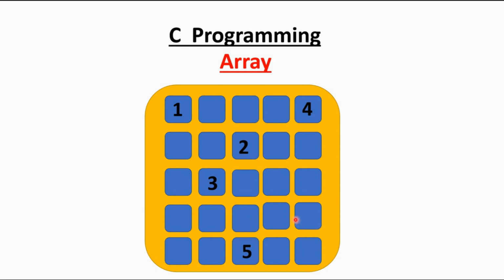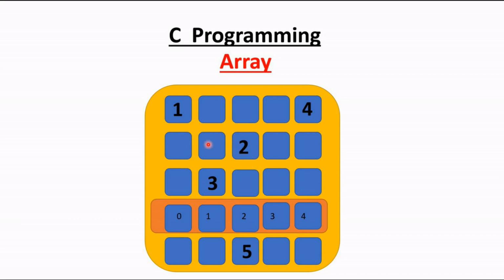At that time it will not be possible to create different named variables every time. So I will make one group, suppose for 5 students I want to store the marks. I will make a group of 5 blocks, and then I will store the values inside these 5 blocks. The marks of 5 students will be stored. So this is called the array. That means in a consecutive way in memory I block some memory and keep the values there. Normally, suppose this 1 is taken in variable a, and this 2 is taken in variable b.